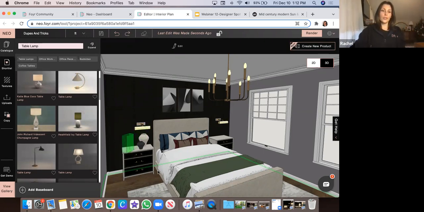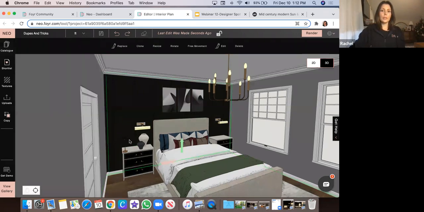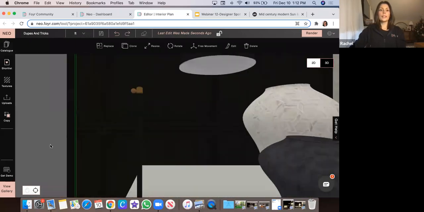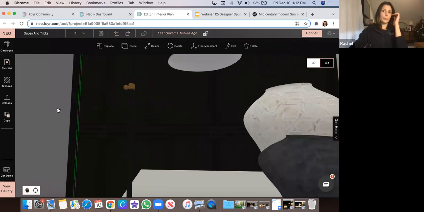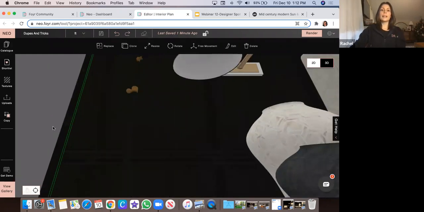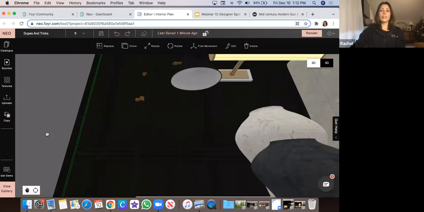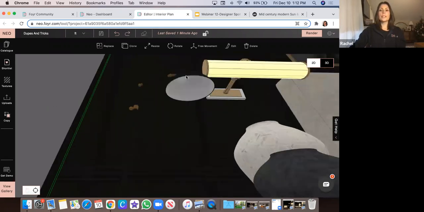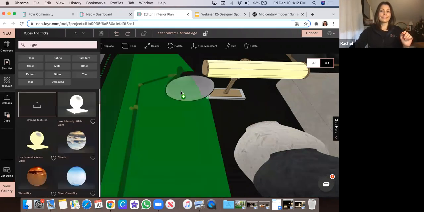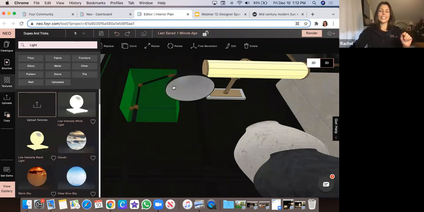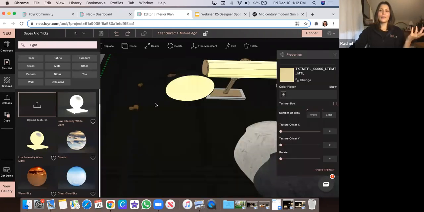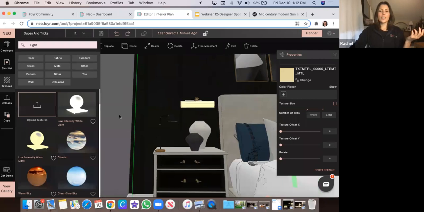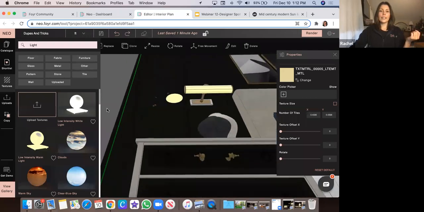So let's drag and drop this one. I haven't tried this particular product, but let's take a look. I'm going to double click. And then I'm just going to angle my screen so that I'm looking up at the inside. Sometimes you will find a light bulb here. Other times you won't. But typically this plane, the black, and this inner plane are separate, and you can manipulate them separately. Let's see how this goes. If I drag and drop to the inside here, there we go. Now when I render this, it'll look like this lamp is turned on and has a warm yellow